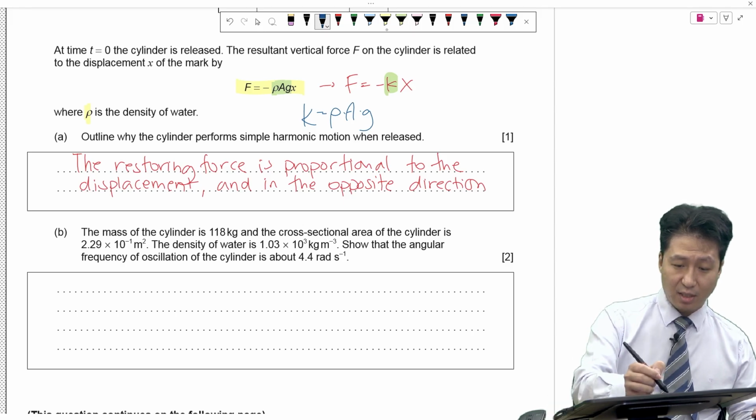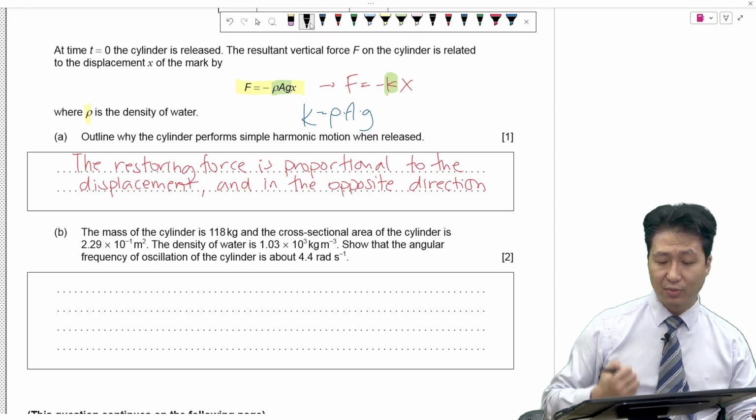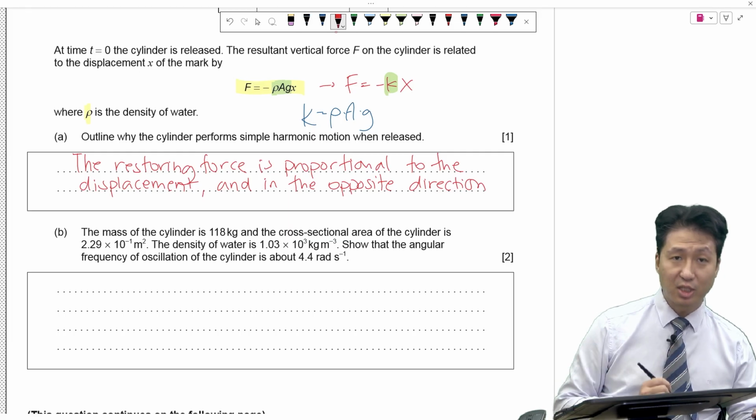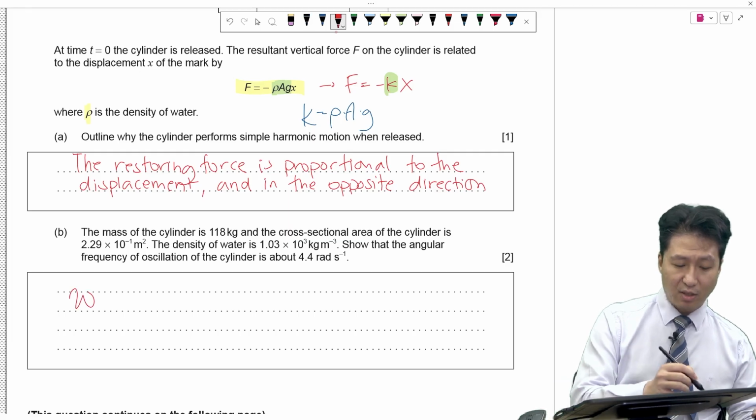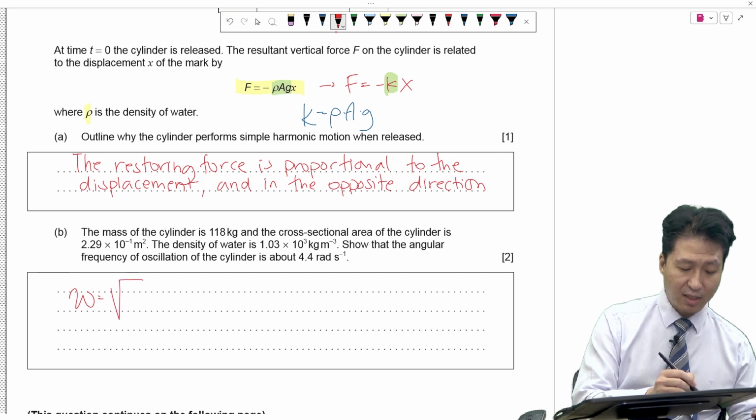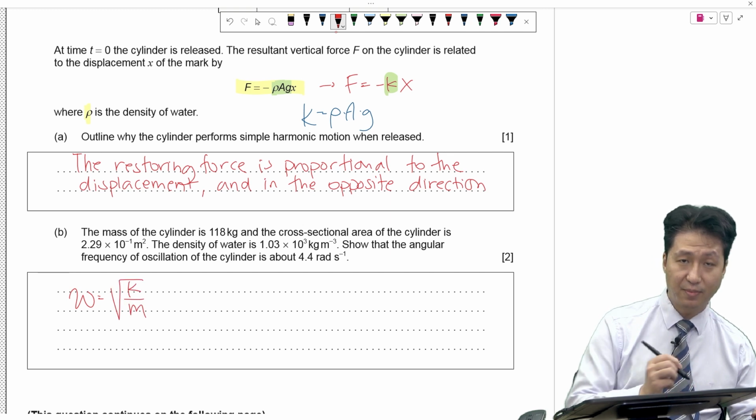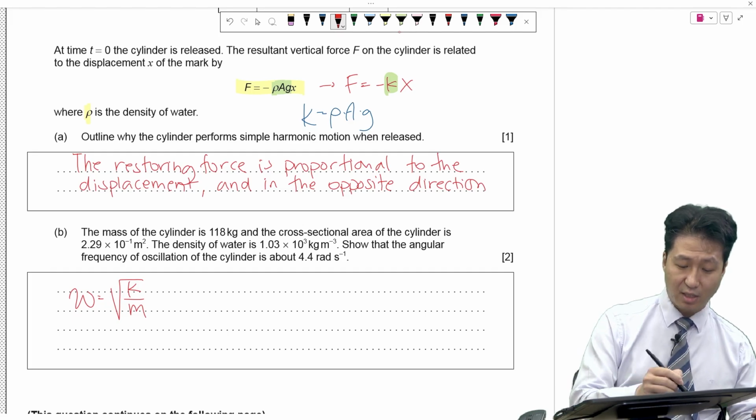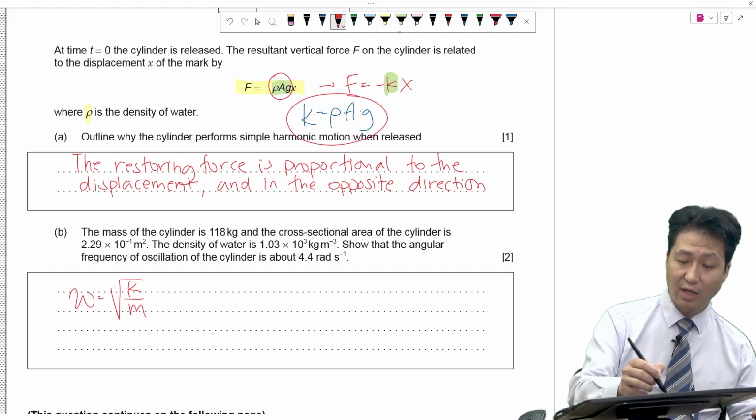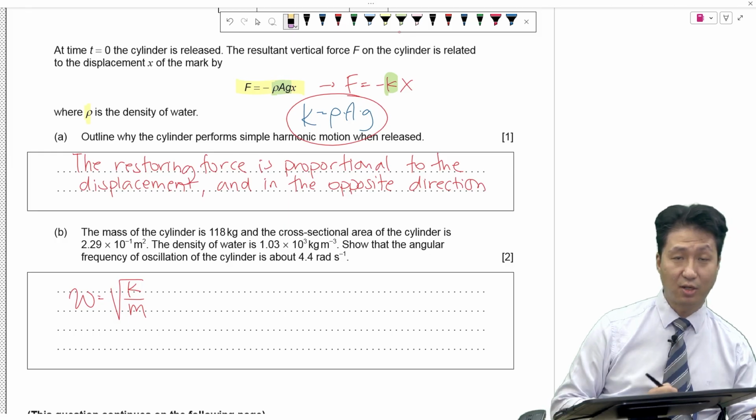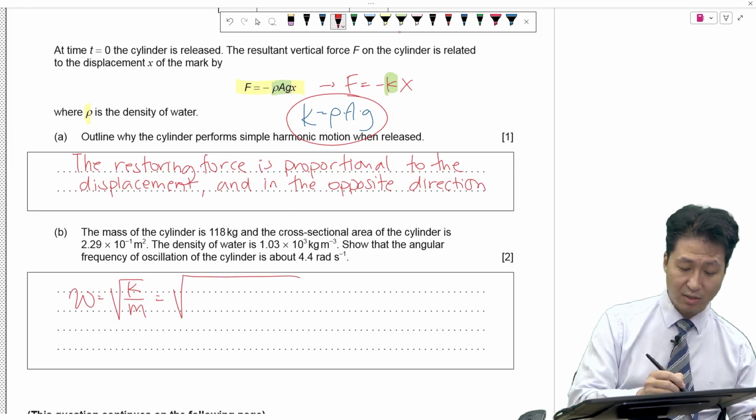Now, this has less to do with the buoyant force and more to do with simple harmonic motion. You have to have this equation memorized, where the angular velocity is equal to the square root of k over m. In this case, we already stated how to find k. The k is just the constants in front of the x. So it was equal to the square root of the density times the cross-sectional area times gravitational acceleration divided by the mass,